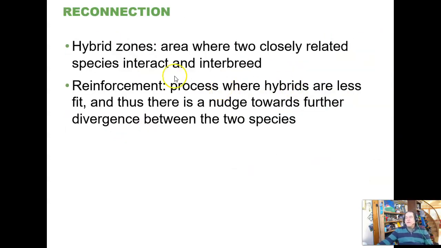All right, so we do have hybrid zones. They do exist, and it can happen. What happens when two closely related species get in contact with each other and have an area where they might mate with each other? Well, we might have reinforcement. The hybrids are less fit or not fit at all, in which case that's called reinforcement, and we're reinforcing the idea that there's two separate species and they're not going to remix with each other.